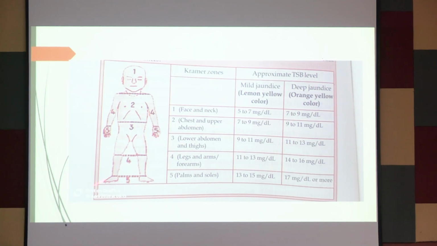And last, if palms and soles are stained, then the level of bilirubin will be 13 to 15 in mild and 17 milligram per deciliter or more in deep jaundice. So, there will be cephalocaudal progression from head to toe. So, we will check the level of bilirubin. If the jaundice is there up to thigh or up to leg, then we can assess the approximate serum bilirubin